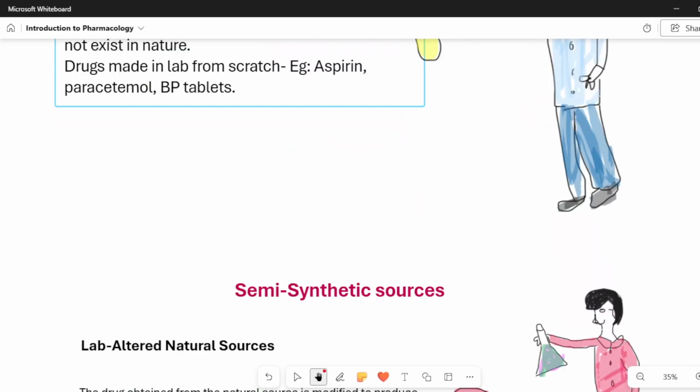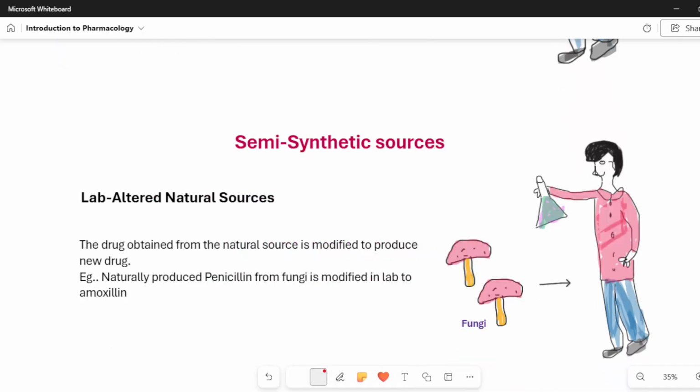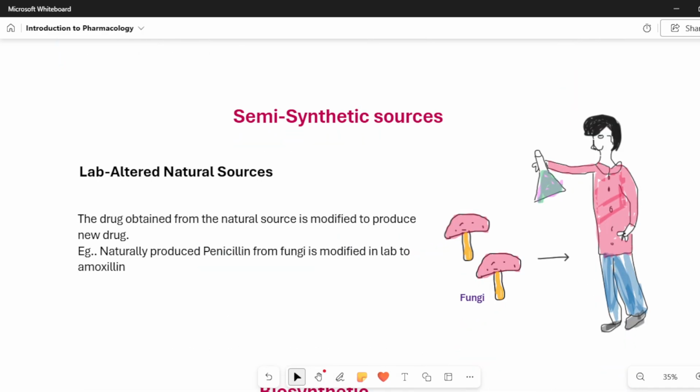So, next is semi-synthetic sources. Semi-synthetic sources is nothing but half synthetic, half natural. So what happens here? A natural source is modified to produce the new drug.